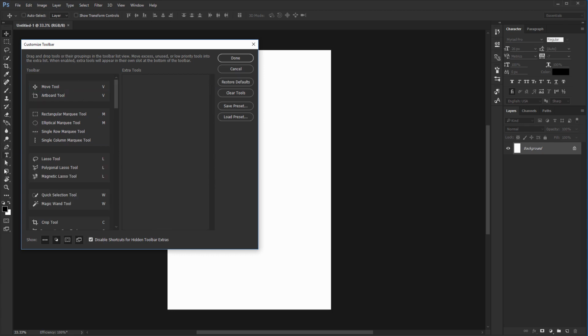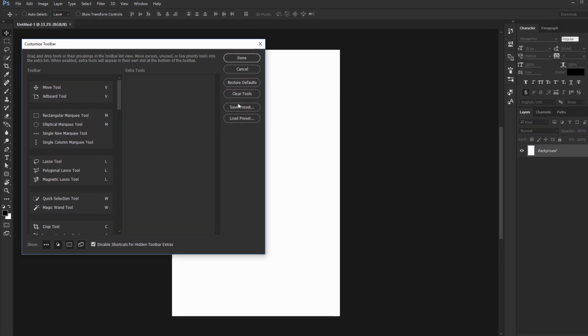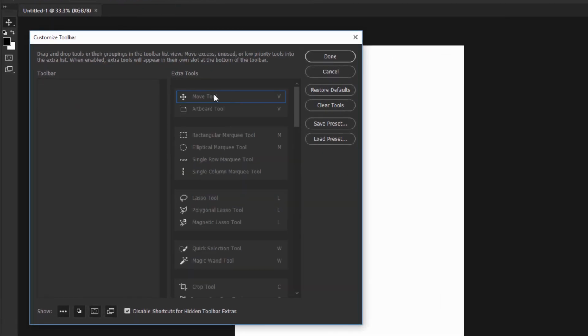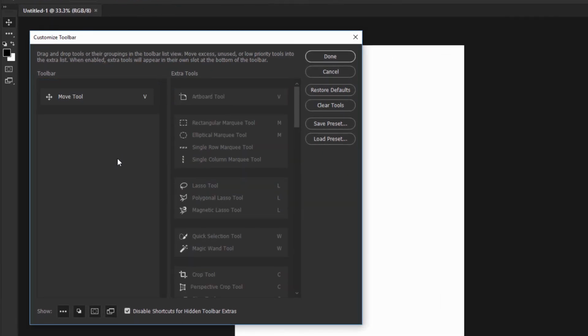Easy and stress-free. Okay, let's clear it again and I'll do this. I'll add the Move tool because that's implicit. It works by dragging and dropping, so it's really easy to do. I want the Artboard tool too, but I don't want it combined with the Move tool, so I'll move it